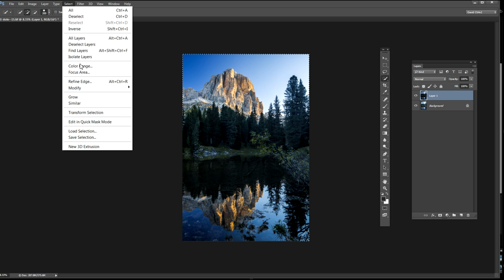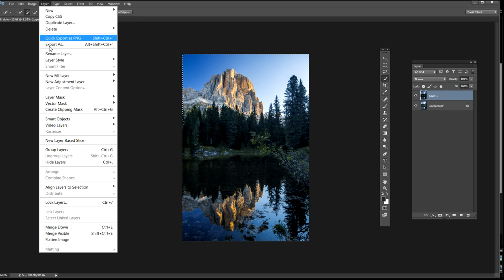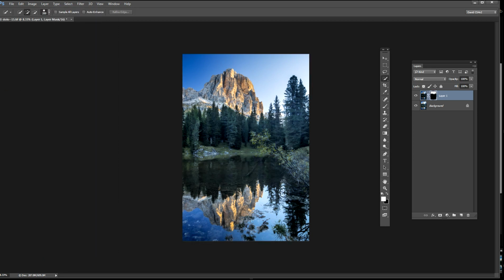So I go select, modify, feather, and I've got a feather radius of, let's go for a really soft one, of 300 pixels. Okay, click on that, and now I want to make my mask so that all I can see of this dark bit of the picture is that area that I've selected. So if I go layer and layer mask and reveal selection, okay, click on that,